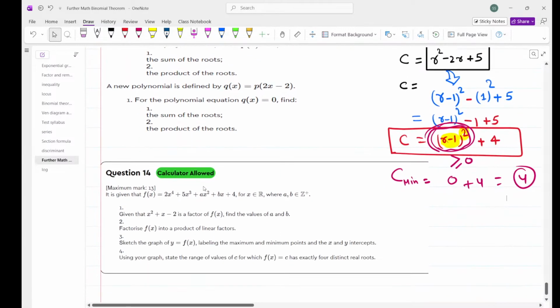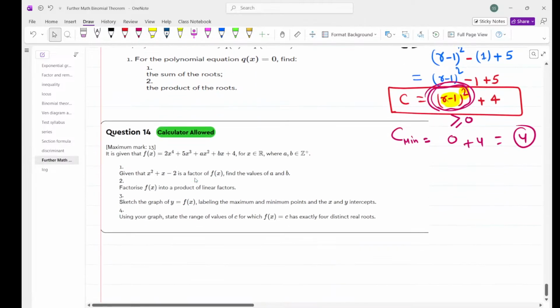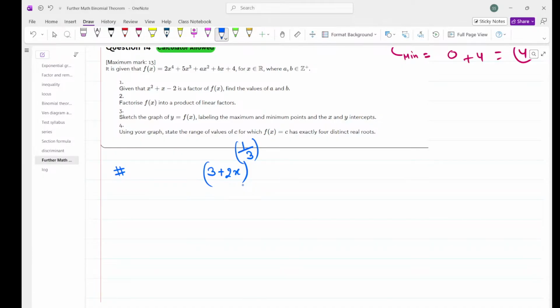Similarly, there are so many questions here. I have one last doubt that I want to ask you. Suppose I have maybe 3 plus 2x raised to the power of one third. In this, when I factor out the 3,